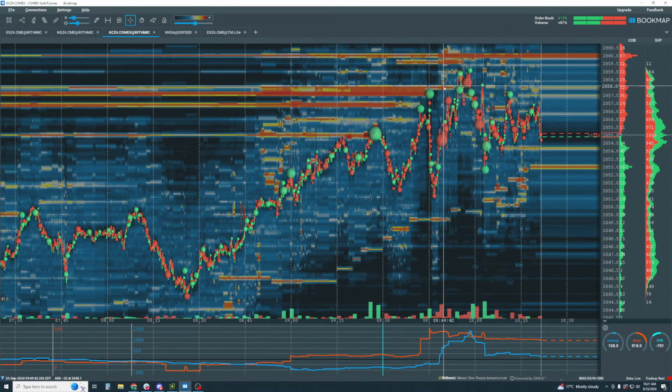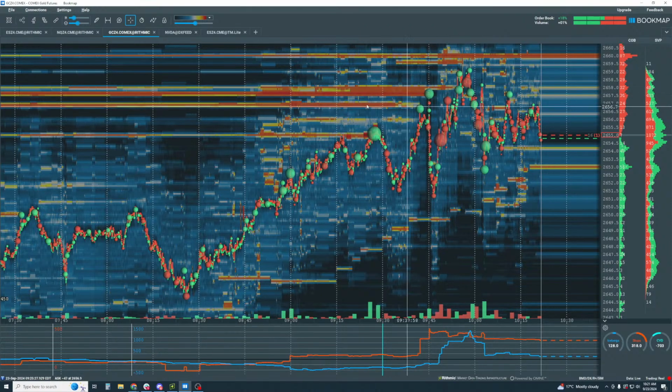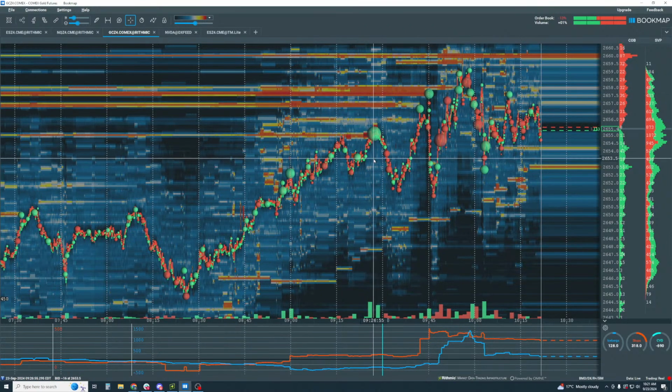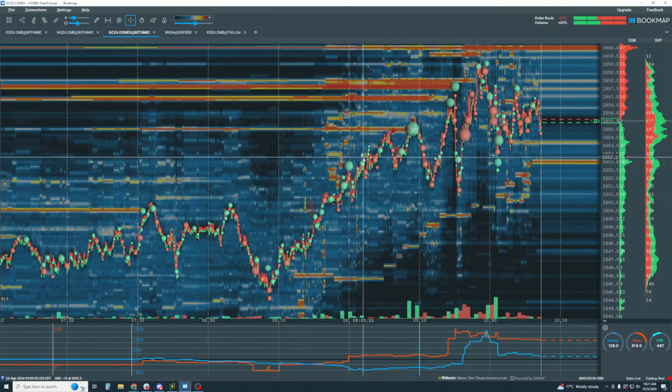And that's been it so far. So a lot of high liquidity on the offer that did get filled in here. And now we're kind of going sideways, as you can see. Okay, so